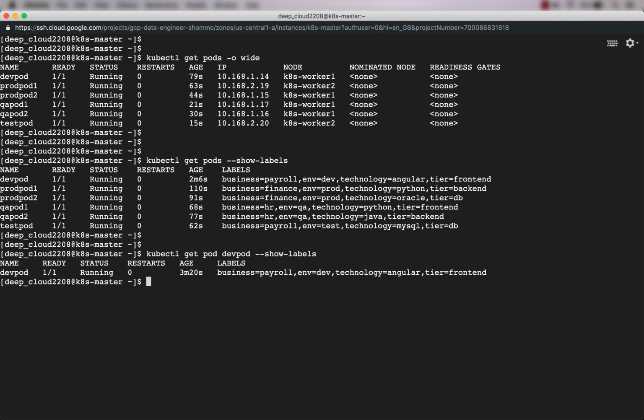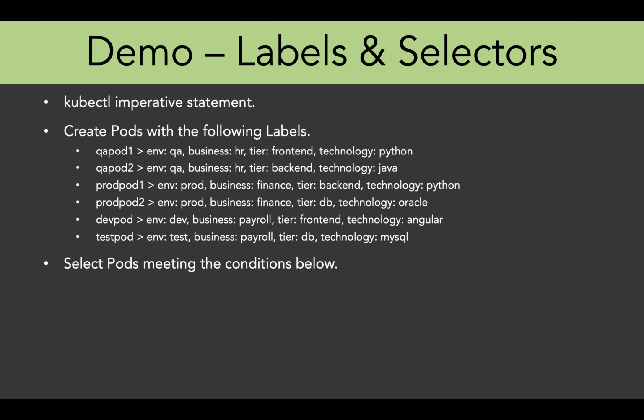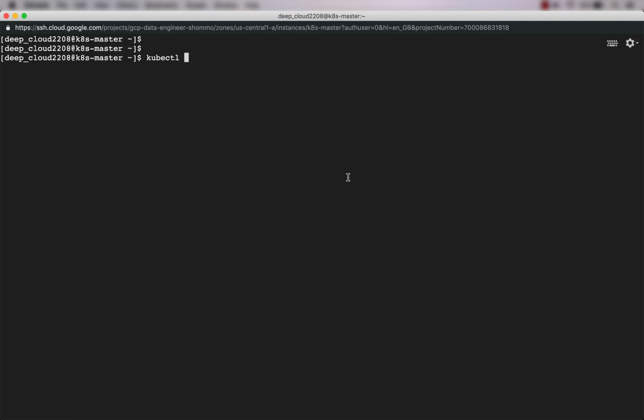Now let us go ahead and use the selectors and try to find pods using these labels. The first one would be, I want to find out the pods which have HR business with Java technology. And we'll not be using a declarative statement, we'll be using the imperative statement, that means using the command line.